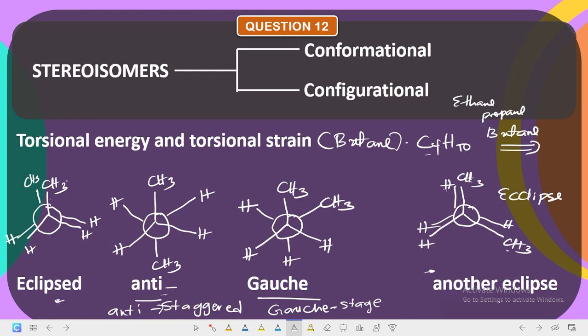And these representations I just gave here are called the Newman projection. Now, from the Newman projection, you'll be able to know the one that is staggered and the one that is gauche staggered. If they give you the Newman projection, you should be able to draw the one that is staggered and the one that is gauche staggered. Now, let's talk about